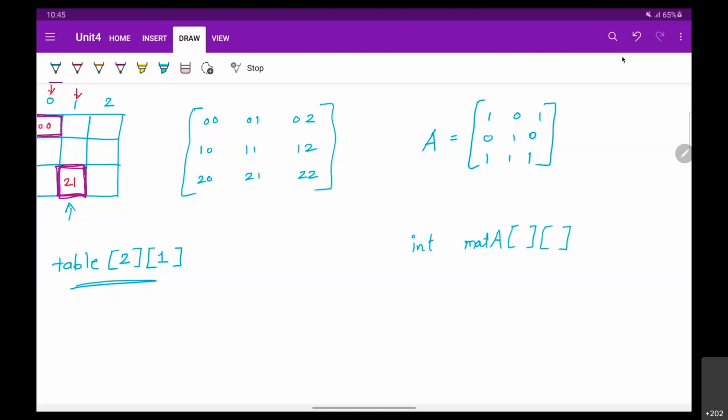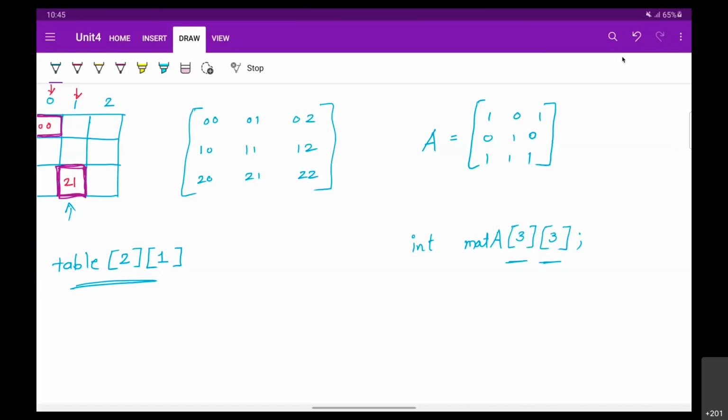Here in this matrix we have 3 rows and 3 columns. So we say 3 by 3. This is how you can declare your two-dimensional array to store that matrix. 3 is the number of rows, 3 is the number of columns. We have declared a 3 cross 3 matrix right now.